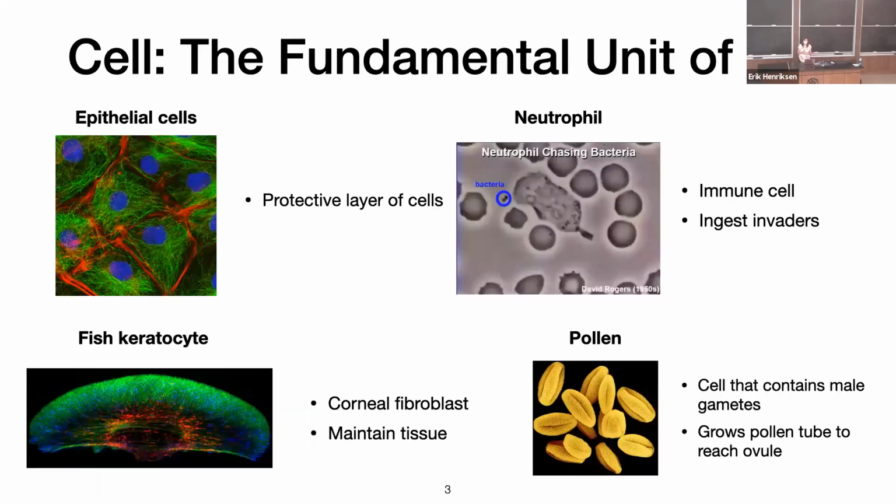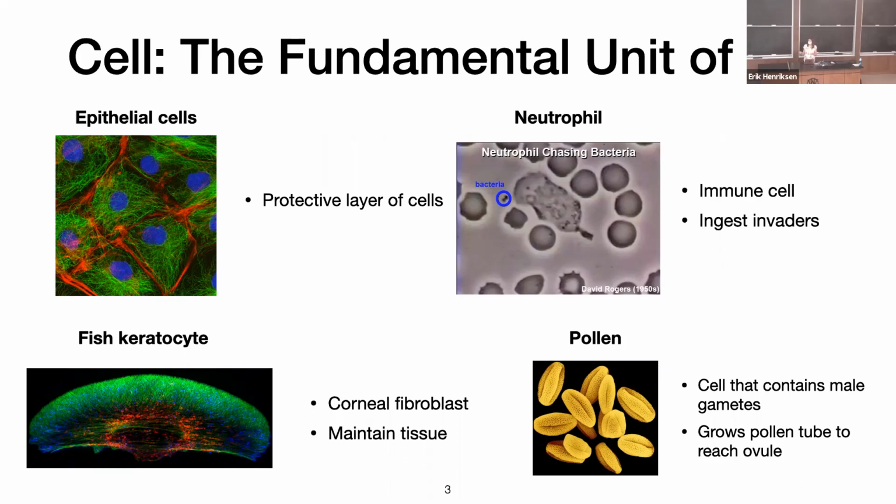Okay, so first let's start out with the basics. What are cells? They are the fundamental unit of life. And we have several different types. So there's non-stationary epithelial cells, which could form tissues or protective layers. So say like within a blood vessel or within your intestines or something like that, or lungs. Then we have motile cells, such as neutrophils. And this one is chasing bacteria. You may have seen this movie before. So it's not a movie, this is just a still. So it's part of your immune system, and it's going to ingest the bacteria,